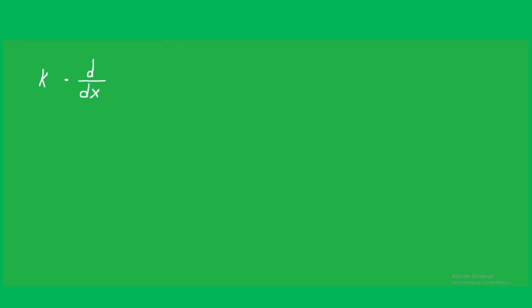d over dx of f of x, right? Now the constant multiple rule says that this is going to be equal to that constant times f prime of x, or the derivative of f of x. It's essentially the same thing I wrote up here, but when you actually input values, you'll see what I mean. So if I want to prove this, you'll start off by just writing